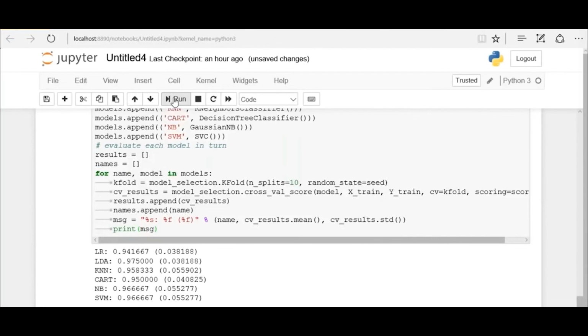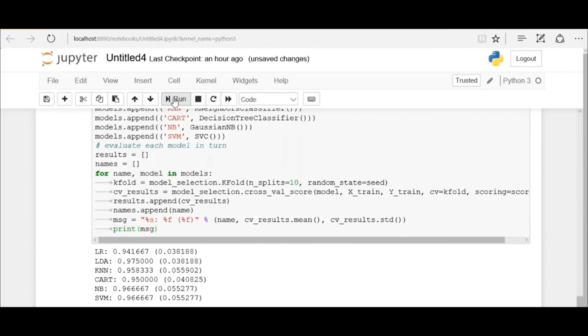Now we want to get an idea of the accuracy of the model on our validation set, or the testing dataset. This will give us an independent final check on the accuracy of the best model. It is always valuable to keep a testing dataset, just in case you made an overfit to the training dataset or you made a data leak.